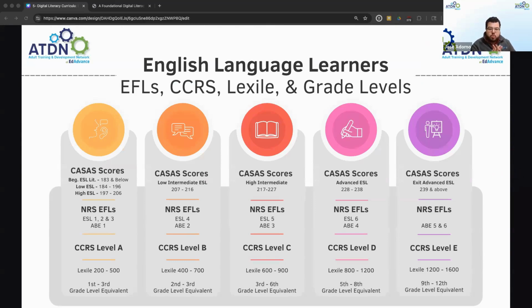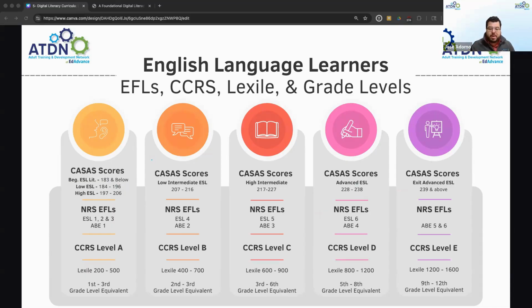In order to give you a little more context as to how Dart is different from the other two curricula, we want to share a correlation. This document was created a couple of years ago with different correlations of different resources to get an understanding of, when we're looking at reading content, how it aligns to the levels of the students in your classroom. If you look at this first row, these are going to be the CASAS scores.